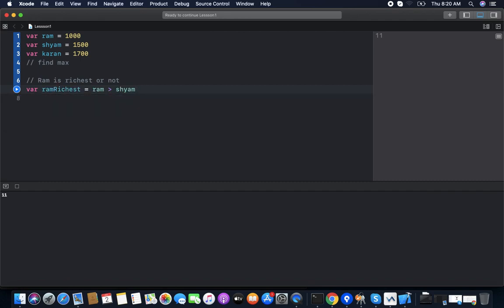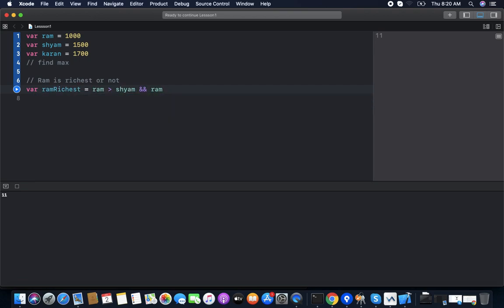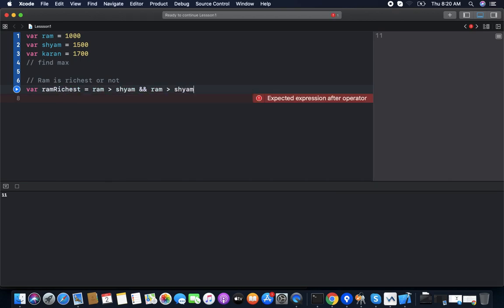Also, Ram needs to be richest over both, so we are using the AND operator here, and Ram is greater than Karan.